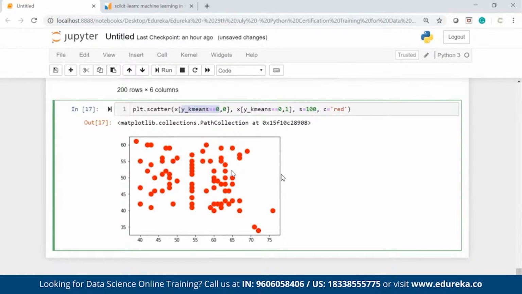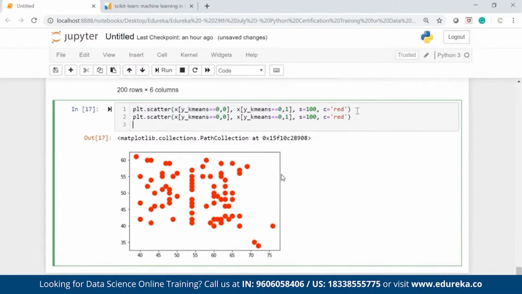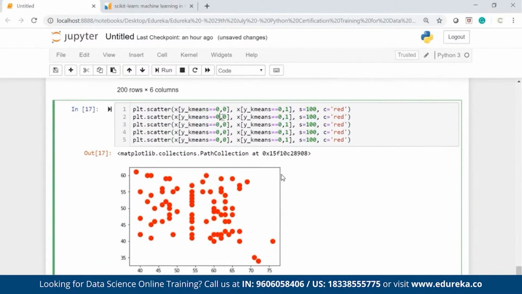and plotting cluster number 1 data only. S equal to 100 means the size of the circles is equal to 100, and C equal to red means color as red. So this is only the first cluster. I have to do the same thing for the rest of the clusters as well. So here I will change the value 1, 2, 3, 4. Here also 1, 2, 3, 4. And I want to change the color as well because I cannot have red